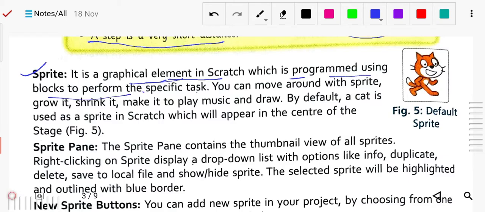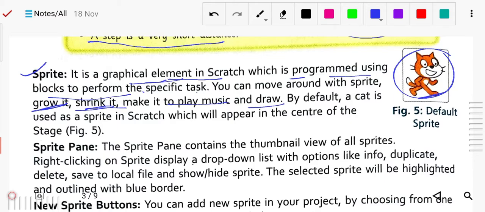You can move a sprite around, grow it, which means increase the size, or shrink it, which means decrease the size. You can make it play music or draw. Whatever commands or programs you have written in Scratch will be performed by this sprite.